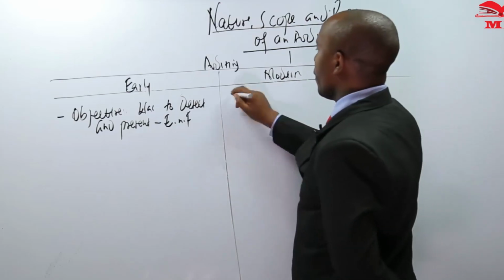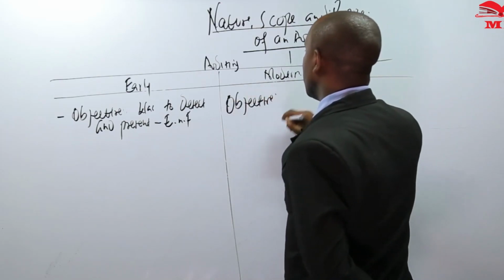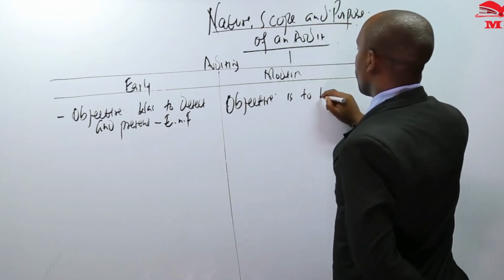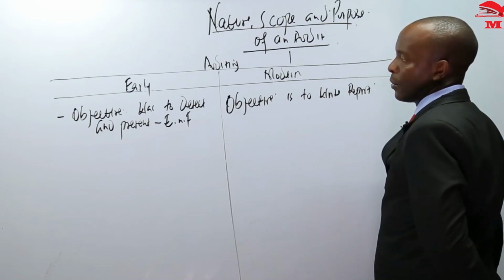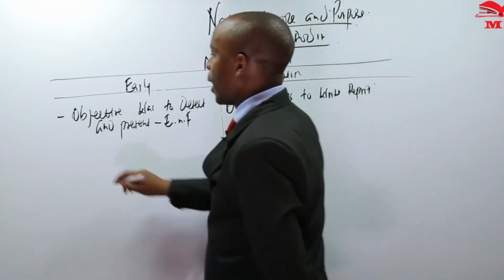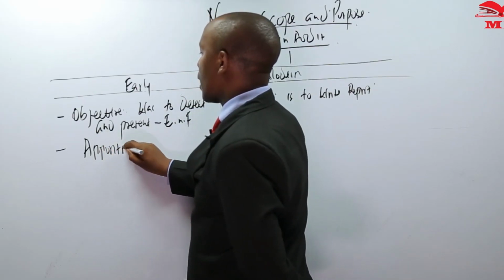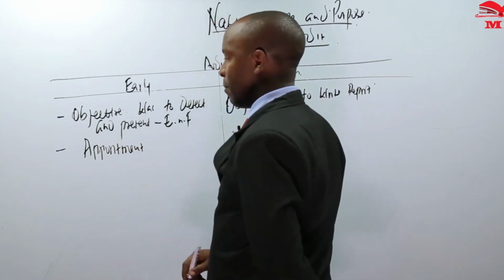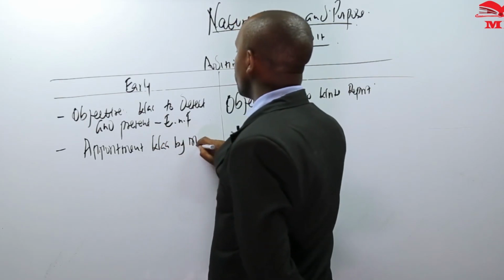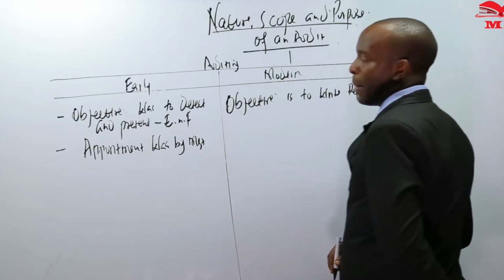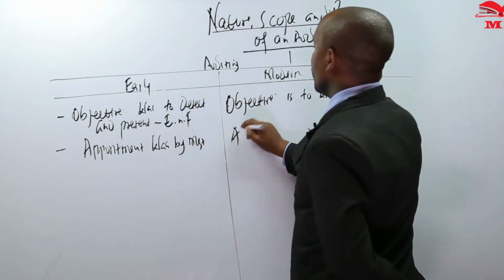Today, we say the objective is to write a report on the company's financial statement. In early auditing, appointment of an auditor, removal and duties of an auditor were done by the who? By the management. Appointment was by management. Today, a manager cannot appoint an auditor. We have the shareholders. Appointment